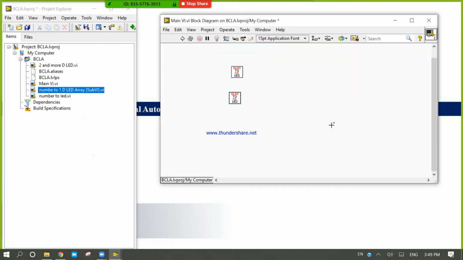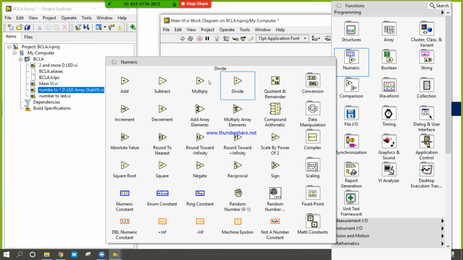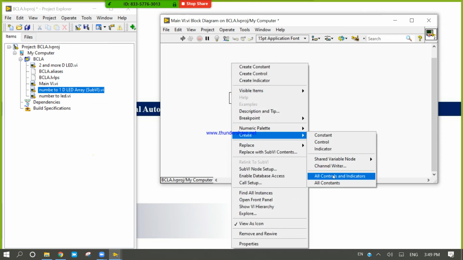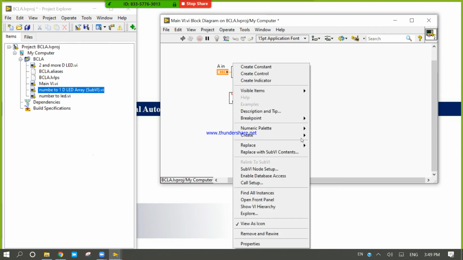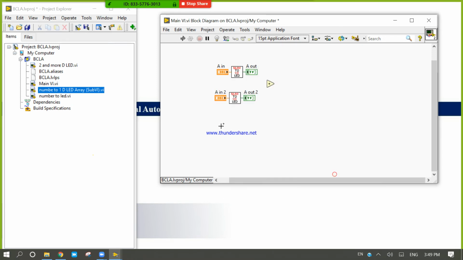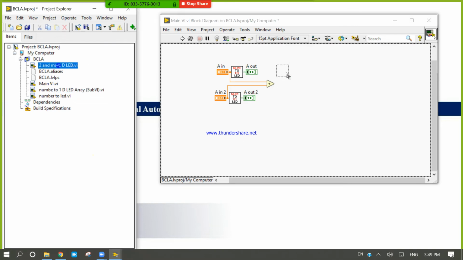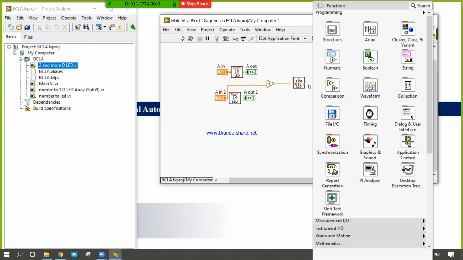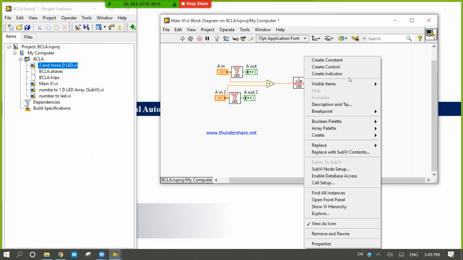Right click, additions, add, add, add, create all controls and indicators. I will give you the task for the concept of a minus b. Now I will take the 2D concept from here to here, right click, create indicators.